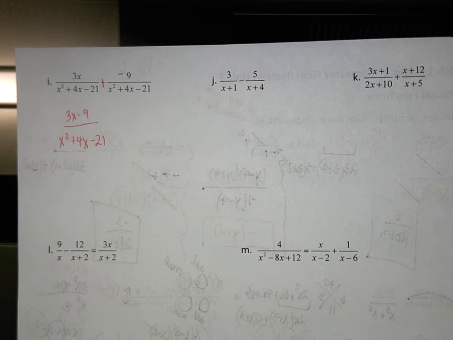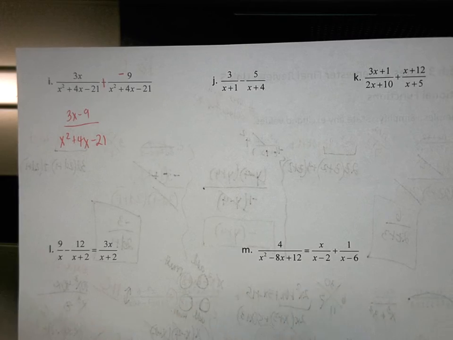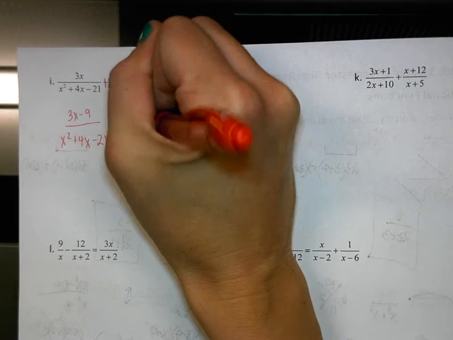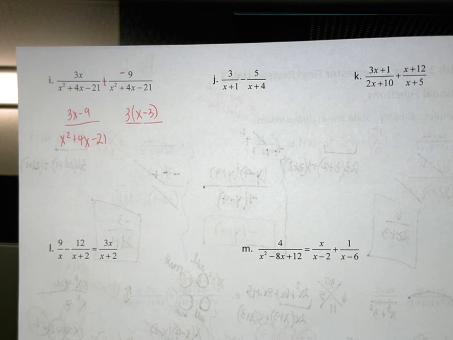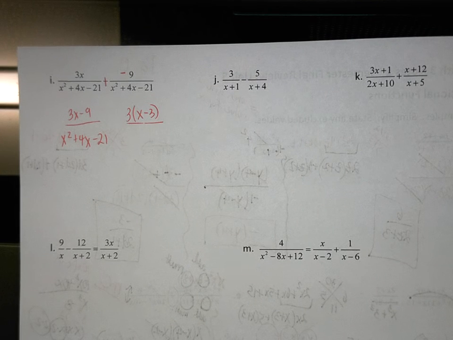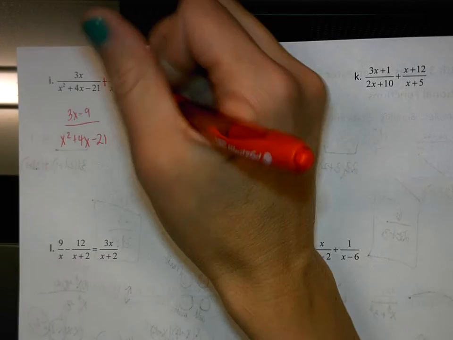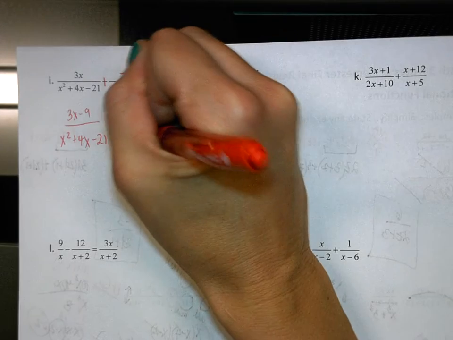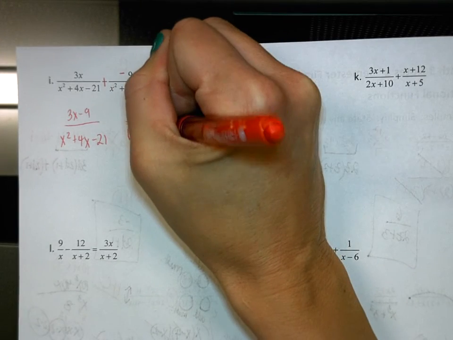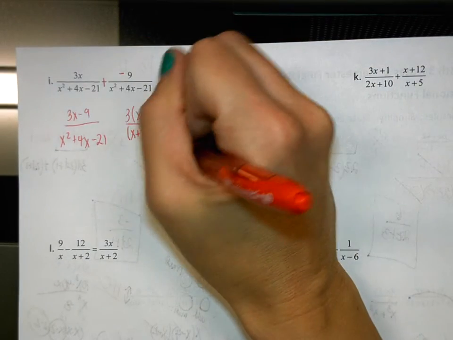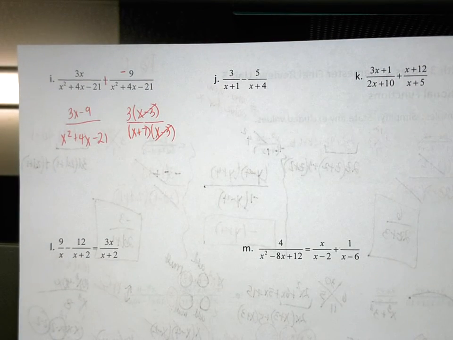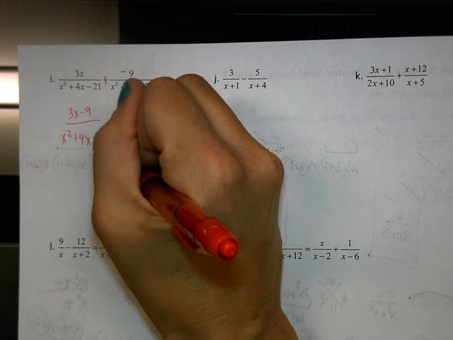Okay, what can I do now? Good. So we're going to take out a 3, and I get x minus 3 over, in my denominator, what can multiply to be negative 21 and add to be 4? So it's going to be x plus 7 and x minus 3. So my x minus 3's cancel out, and we're left with,